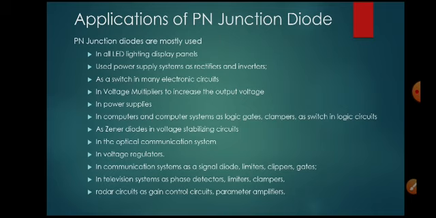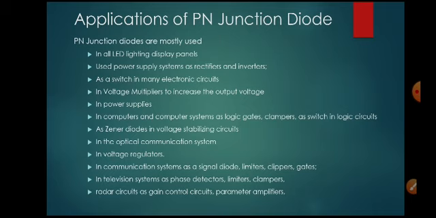By using PN junction diodes, we can rectify the voltage. We can store the voltage. We can multiply the voltages. We are using these PN junction diodes in computers and computer systems as logic gates, clampers, as switches in logic circuits,